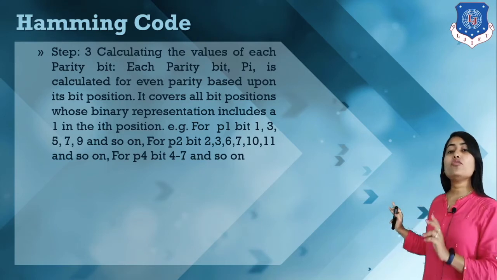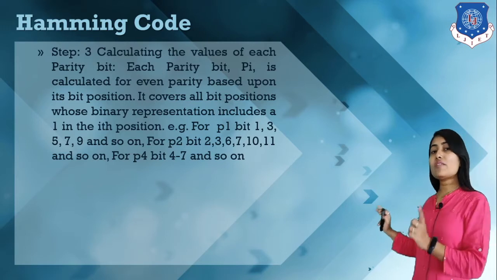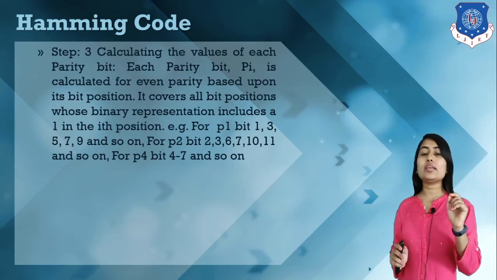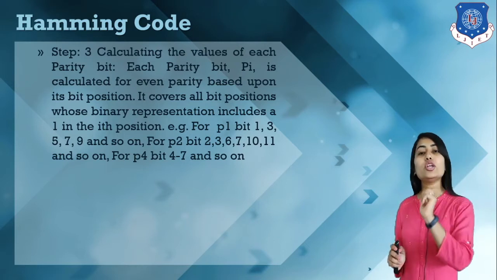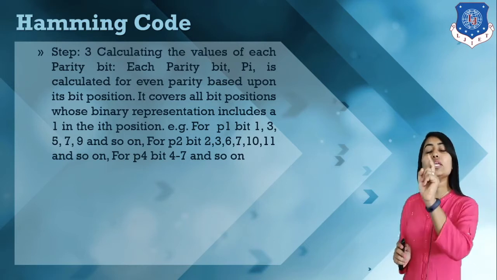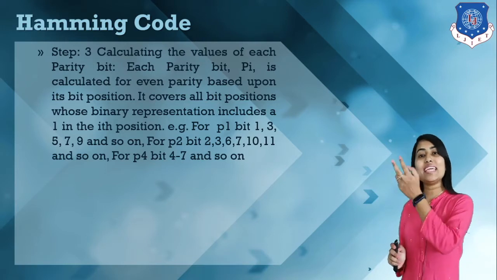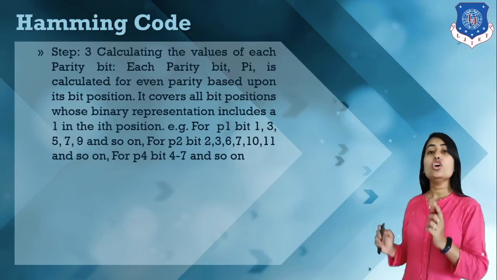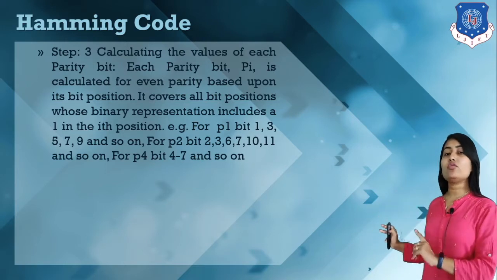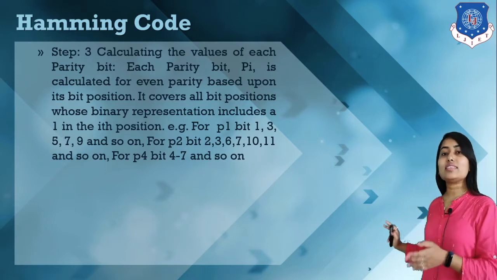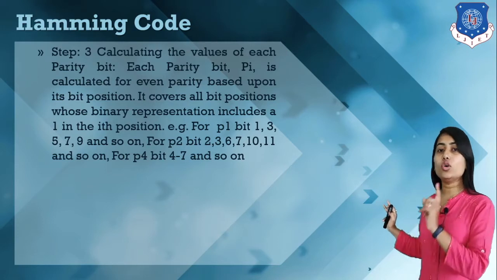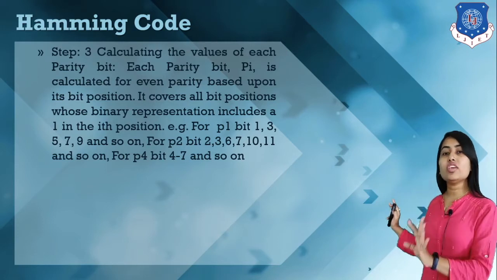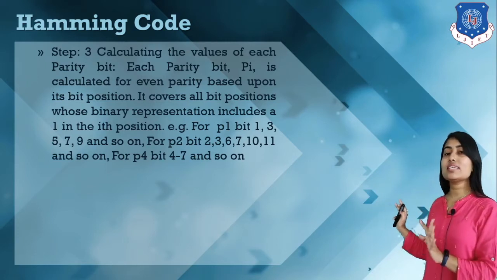And for P4, remember we have P4 because we entered parity bits at the locations 2 raised to 0, 2 raised to 1, 2 raised to 2. That's why we have P1, P2, P4, P8, P16 and so on. So for P4 skip 4, write 4. So 0, 1, 2, 3 are skipped, and then check 4, 5, 6, 7 because these locations contain 1. At these locations we have a 1, so that's why we consider them.